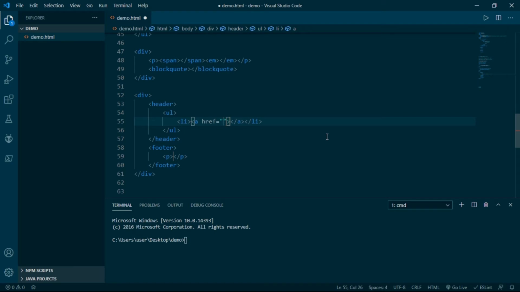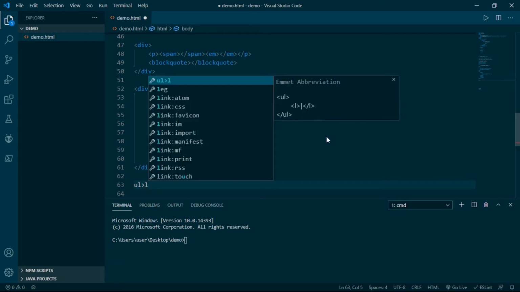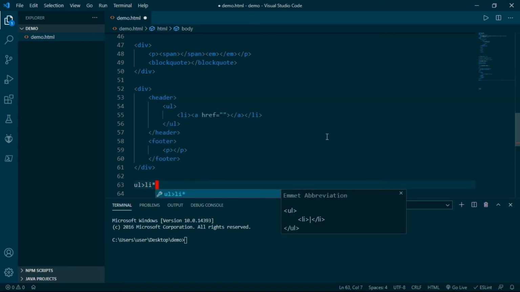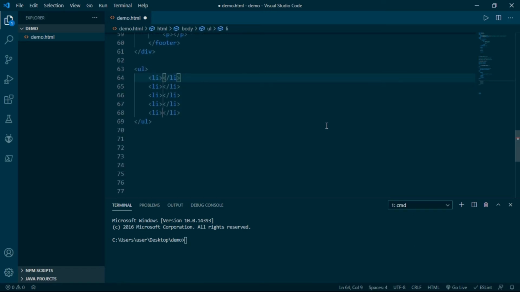Now how can we generate multiple tags? By simply multiplying. To demonstrate it, I will write ul > li, multiply it by 5, and hit enter. So here you can see I have multiplied the li tag under ul 5 times. And one more magic you can do with it: you can pass the list items a particular sequence.